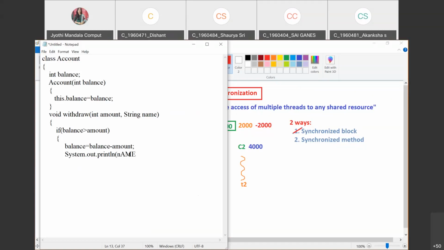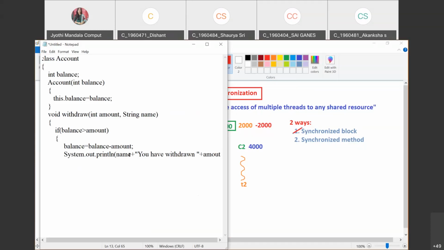And then after that, I want to have an output statement saying you have withdrawn this much amount. That amount I want to display, and also the final balance.